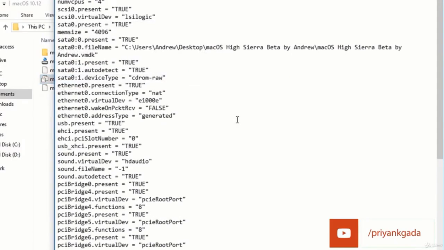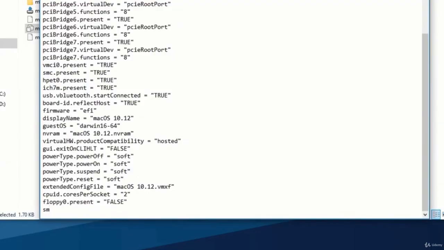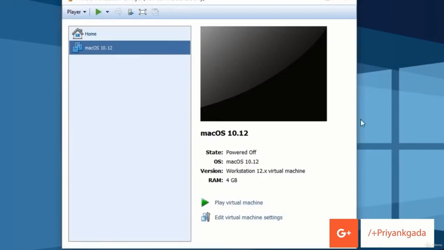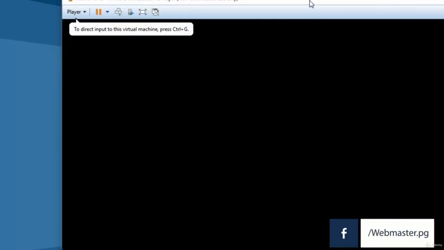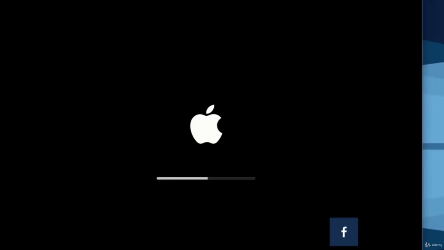You just have to edit the file in Notepad, and in the bottom, after everything is written, you just have to type smc.version is equal to, and in double quotes you have to write 0. So this is the fake SMC text file that we are using. So for VMware we have to add 0 for fake SMC. So now click on play virtual machine, and it will take some time for first boot,